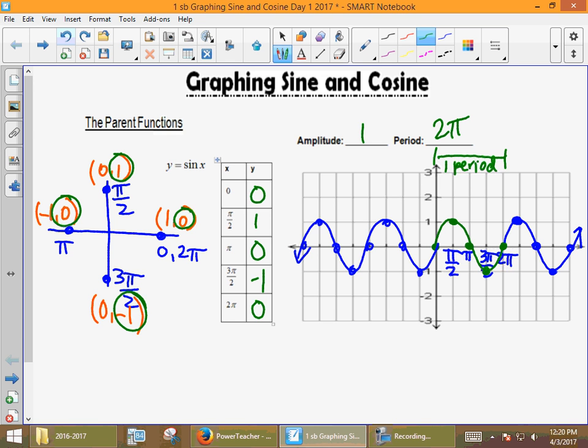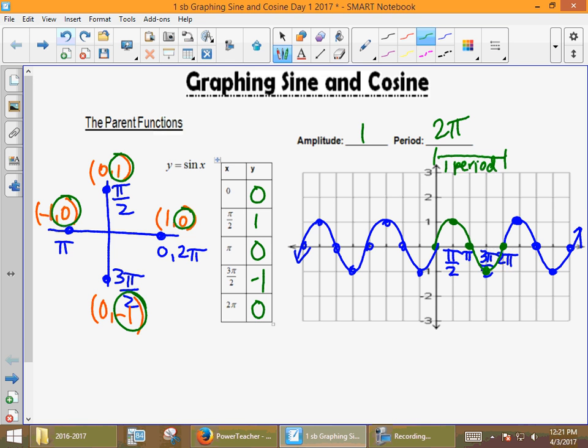So that's your parent sine graph. The things that will change the amplitude, think about if you change the height of a graph, what kind of transformation would that be? Stretch, which kind of stretch? Vertical. So vertical stretch, and if you remember, vertical stretches put a number on the outside of an equation. So like a 7 here would make those waves go up and down to